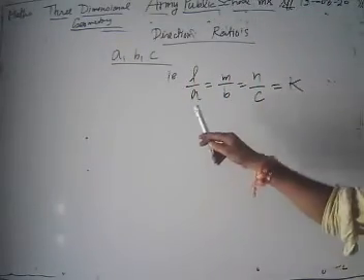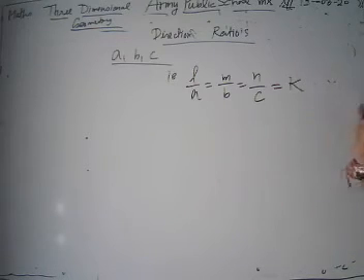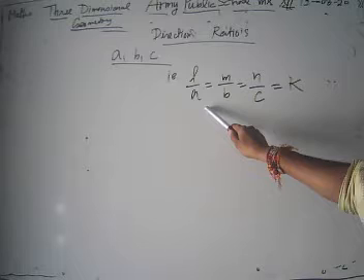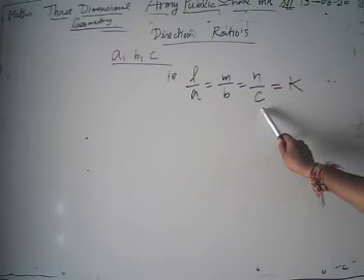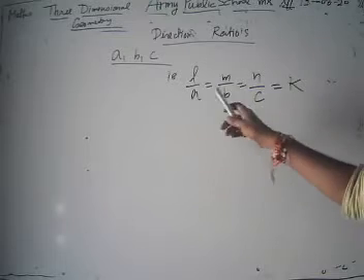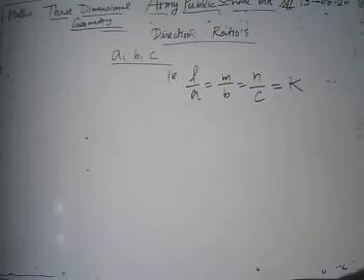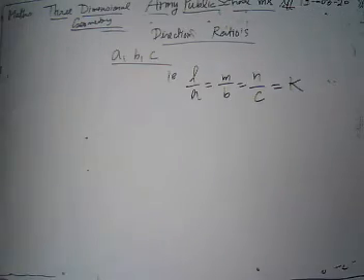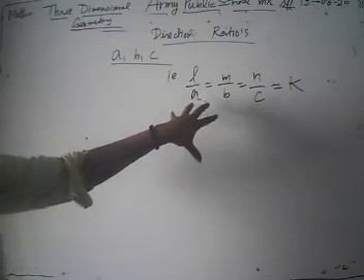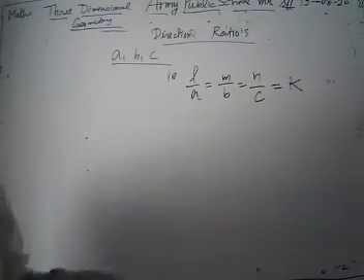What we have described: if the direction cosines l, m, n of a given line are proportional to any three numbers a, b and c, then the numbers a, b, c are called our direction ratios. Now we have defined our direction ratios. Now we are going to define our direction cosines in terms of our direction ratios. How can we describe this?